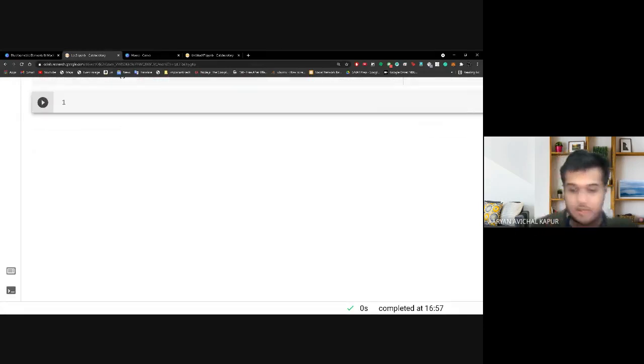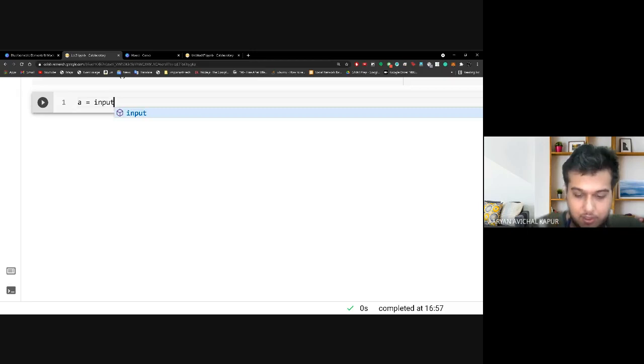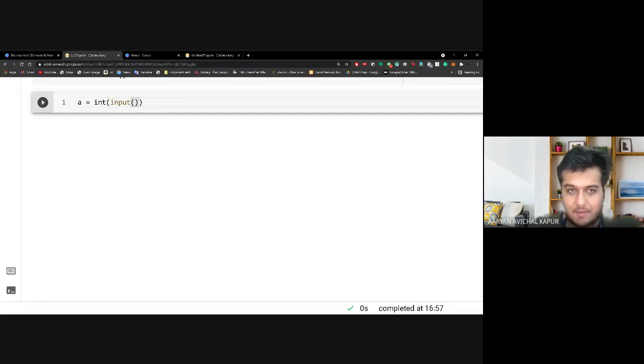Okay, perfect. Let us say I take an input, a is equal to input, and let me make it an integer input. Again, this is something we've done in past lectures. Even if you want to look at them right now, open the GitHub profile and all the PDFs in different tabs, so you can go through them.